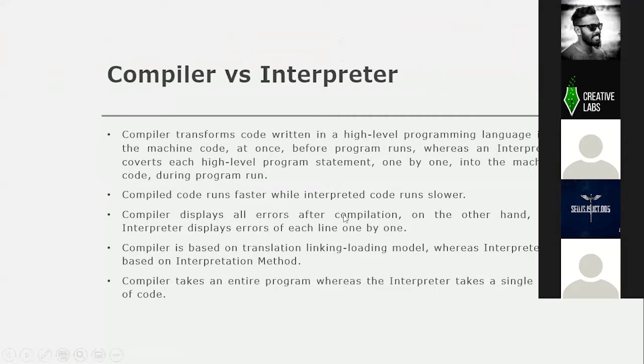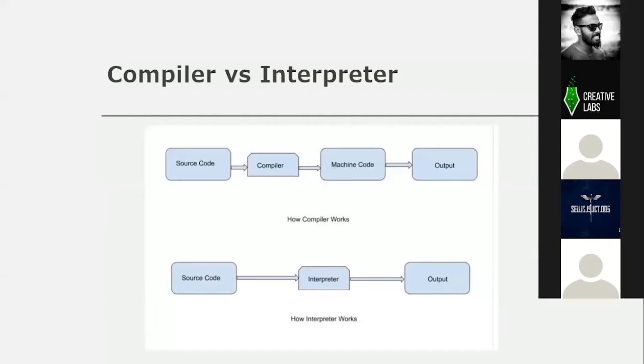But if you are talking about PHP or JavaScript, it doesn't output any class files or DLLs or anything else like that. It just runs. If you open the browser, it will run, right? If there is an error, it will denote it. So that is basically interpretation. Those are the two ways we can convert our high level languages into machine code, right?